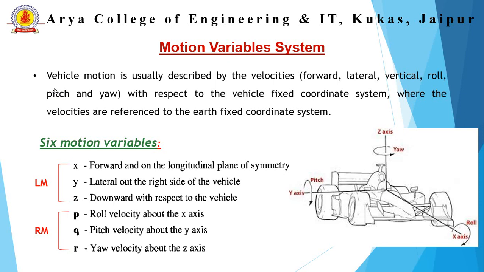For the vehicle fixed coordinate system, the three linear motion variables are considered in terms of small x, y and z, and the three rotational motion variables are considered as p, q, r, termed roll, pitch and yaw respectively. If a vehicle is taking a turn, there will be a difference of weight between the inner wheel and the outer wheel. So we can say the vehicle is leaning towards the outside, and this leaning is about the forward axis, that is the x-axis,